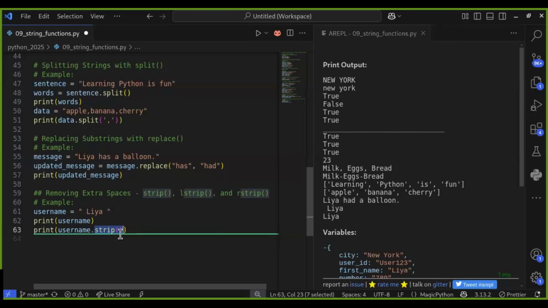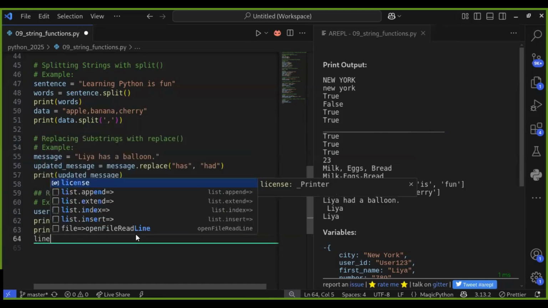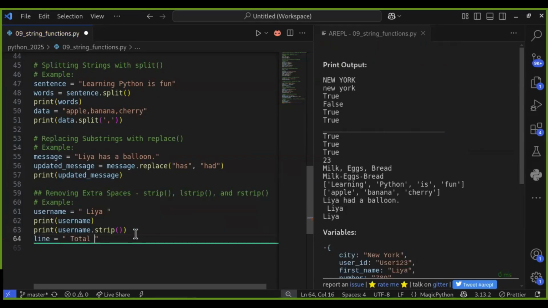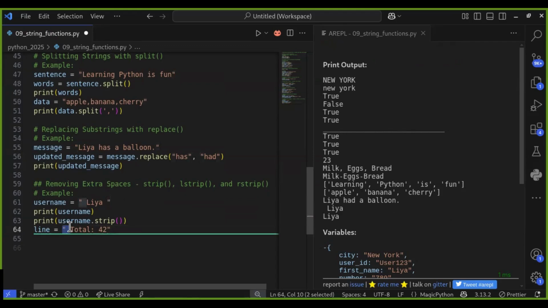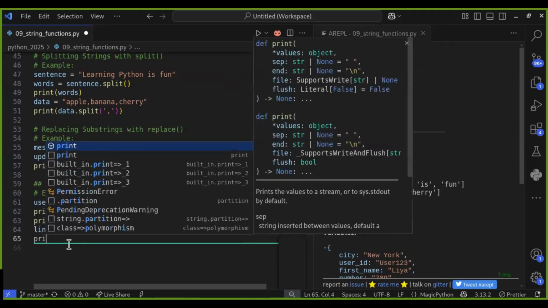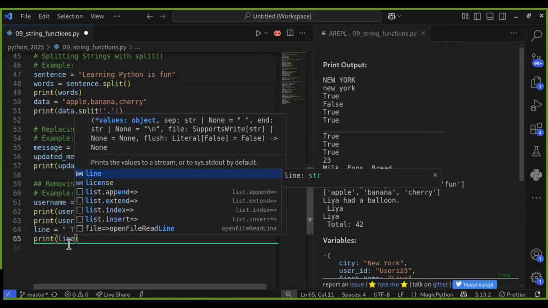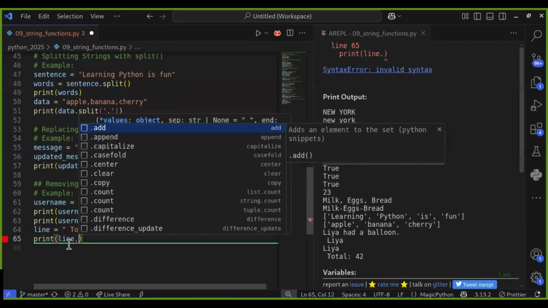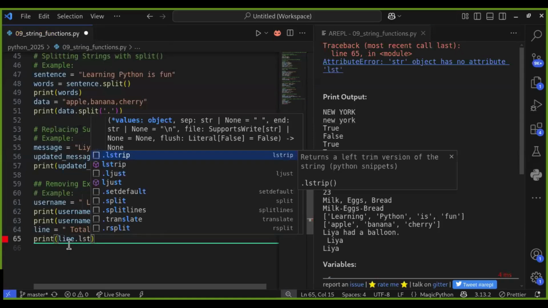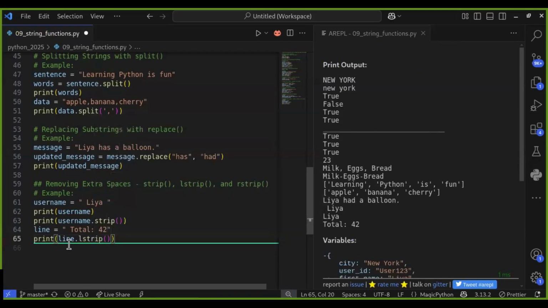If you are reading data from a file or database, you might need to clean just one side. For example, line = "  total 42". There is a space at the beginning, but there is no space at the end. So you need to use lstrip to remove the spaces from the beginning of the string. Then line.lstrip removes the spaces from the beginning.